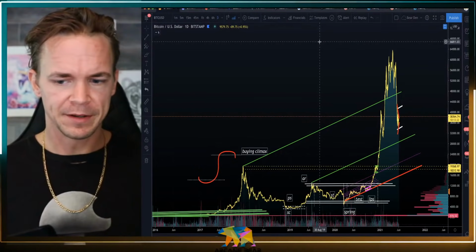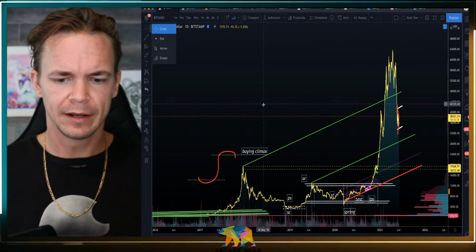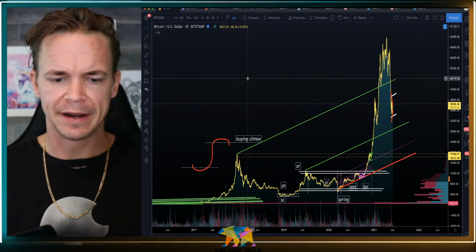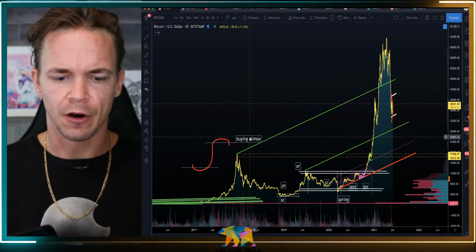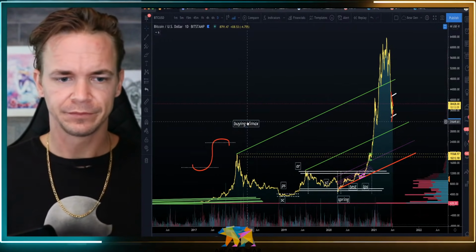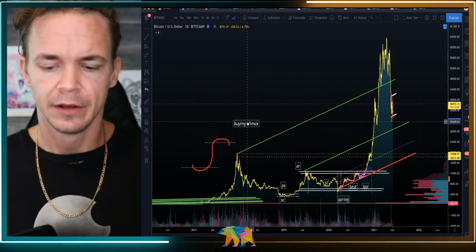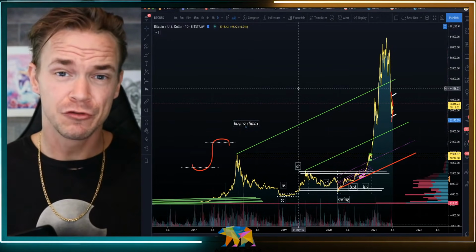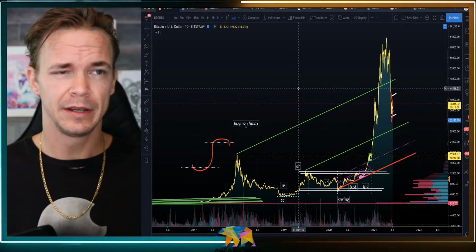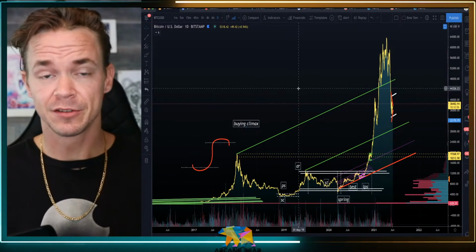So what we're going to do today is start off by taking a look at Bitcoin. This is, let's call it, our North Star and our guiding light as our collateral layer for our new thesis on the ever-changing and evolving financial sector. Now, one of the important things to remember is that this chart I have drawn here has been drawn this way since approximately May 2020, just a few months after the pandemic started,